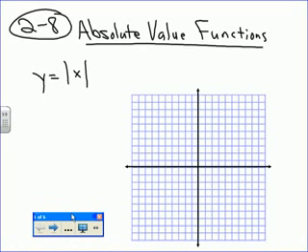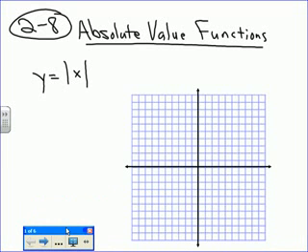We've talked about linear functions, piecewise functions, and now we're looking at absolute value functions. So this is kind of the third type of function that we're looking at. And one strategy that I want you to really remember is, because we're going to look at a lot of different functions, and I don't expect you to memorize exactly what they all look like. But what I do want you to remember is to get an idea of what something looks like,